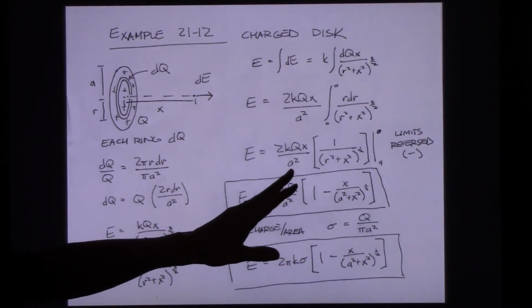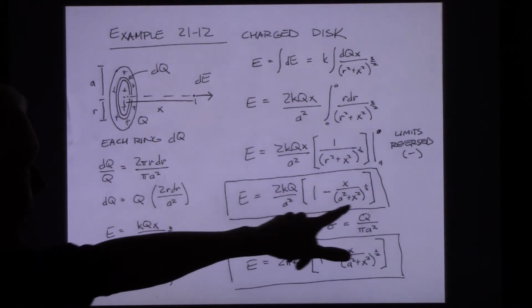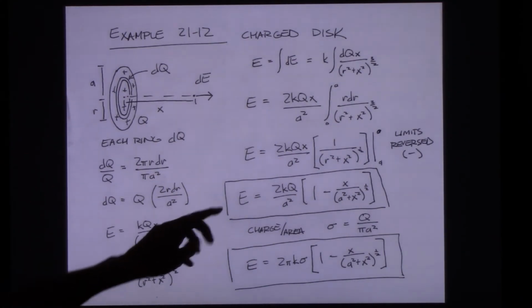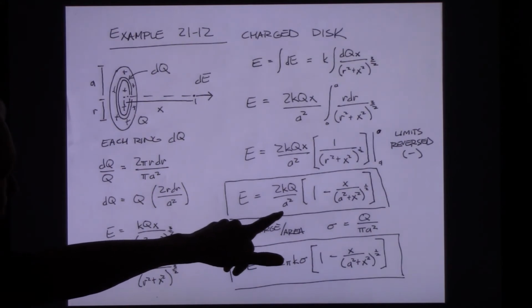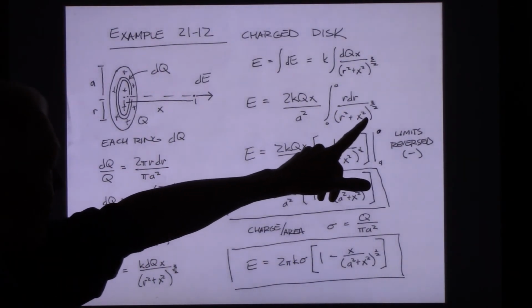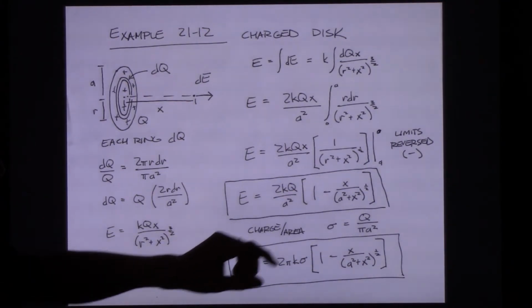Now when you do that, what should happen is that the expression you come up with will now be a positive value. And it worked. So again, it works well for exponentials, it works well for inverse powers of the variable. And I got E is equal to 2kq over a squared. And then evaluating this at the limits, at the 0 limit, this became